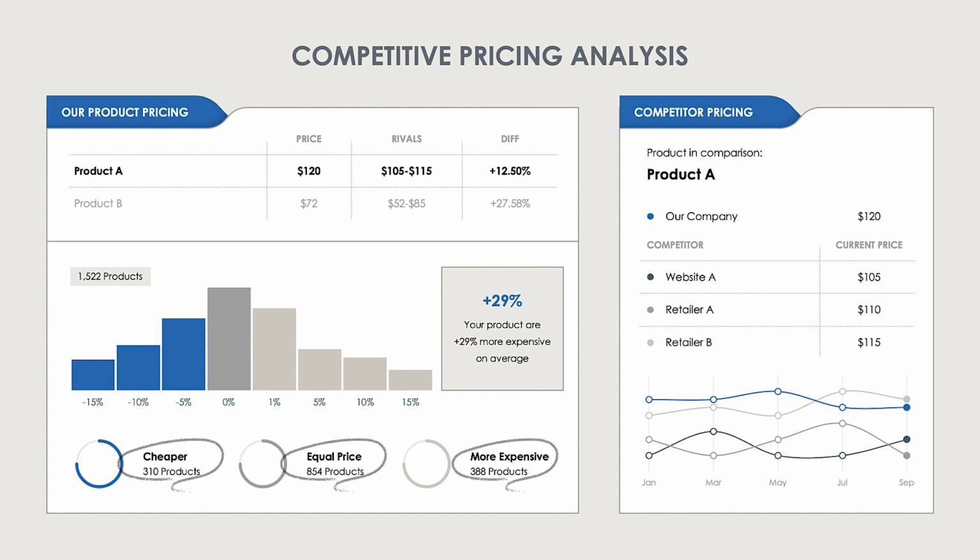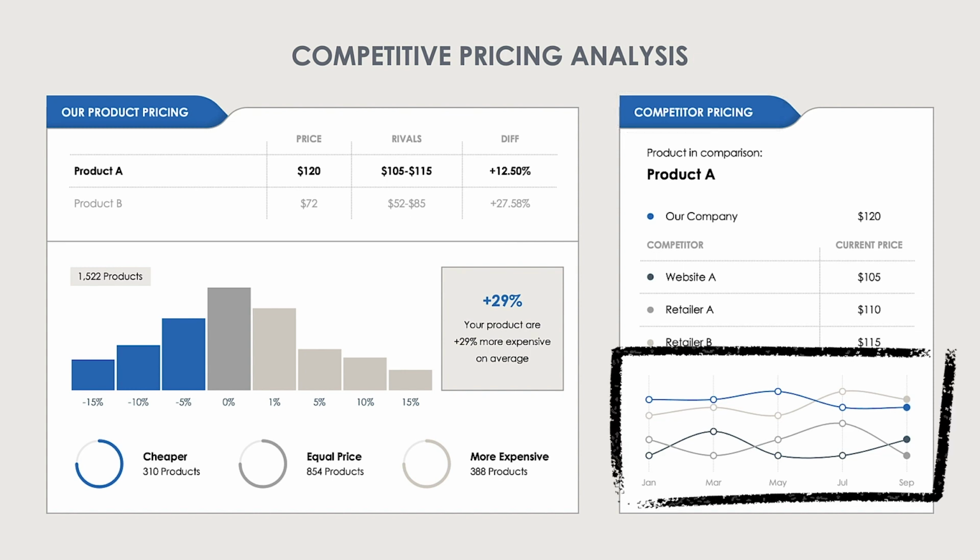On the right-hand side, you can compare how your pricing stacks up against competitive offerings. In a line graph visualization, you can track sales revenue at different prices to see how your position in the price range affects customer behavior over time. Remember, you can download this framework and customize these slides for your needs, so make sure to check out the